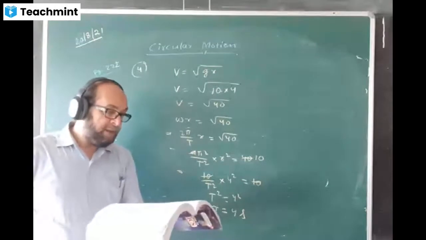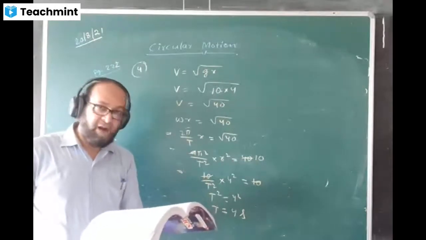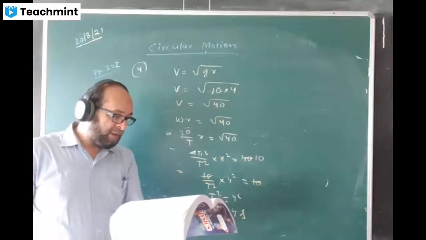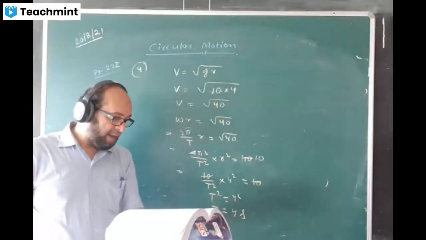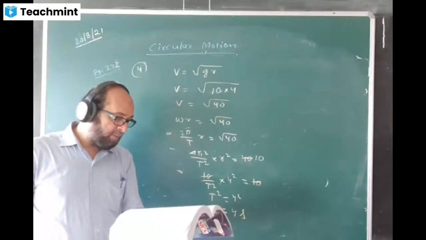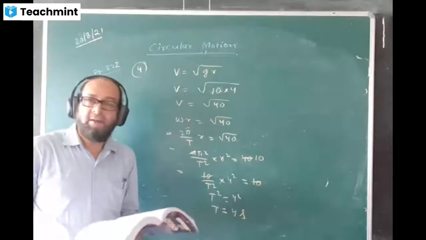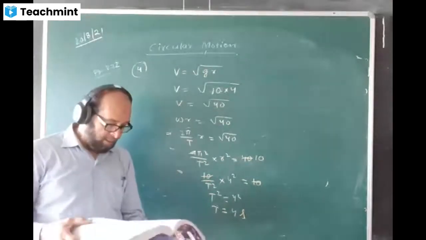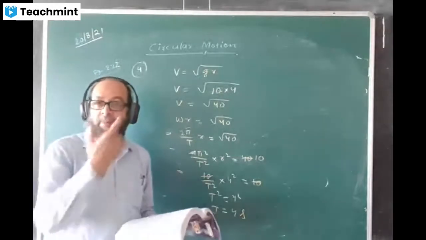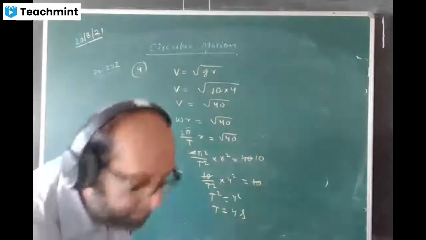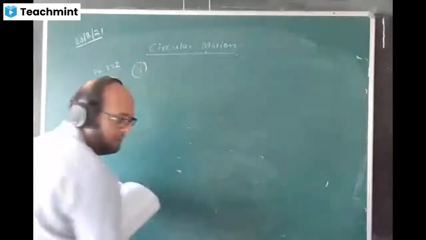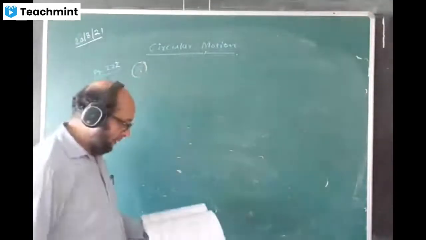Done. There is another question, 5. Question number 5 below it. A 1 kg stone at the end of a string 2 meter long is whirled in a vertical circle. At some point, the speed is given. The tension of the string at that point is 41.8. Then the stone is, you have to check at what position the stone is. How will you do this question? Question number 5, just below this one, same page. I'll just give a hint and an idea how to do.